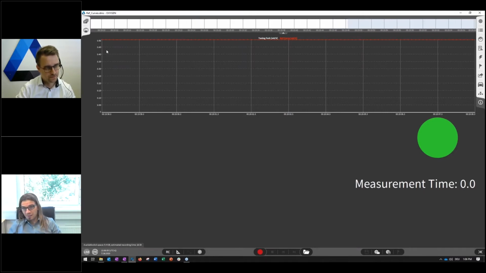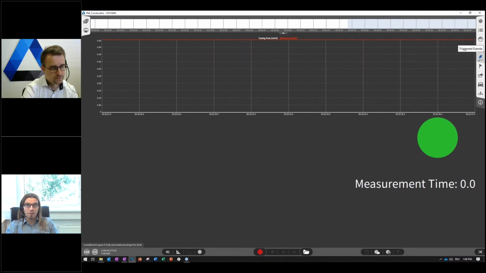The second thing is that Oxygen starts automatically after Windows has loaded. This can be done via the auto start menu of Windows. There you just add the Oxygen executable into the auto start option, and then Oxygen will start automatically after Windows has loaded. And now the new thing here, to also start the measurement automatically without any interaction by the user, is the following: